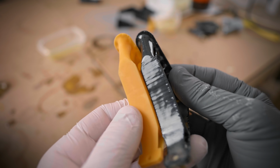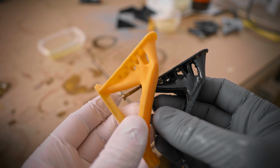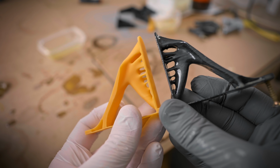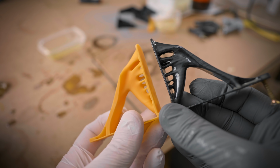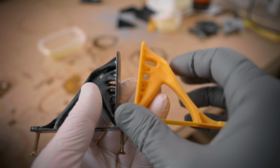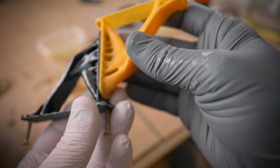So that's what that looks like. Obviously the resin print still has a lot more detail. I printed this one at 0.035mm layer height. That took a while to finish, but it doesn't quite have the same glossy surface. In fact, this is completely matte versus the super glossy finish that we got from the FDM plus resin finish